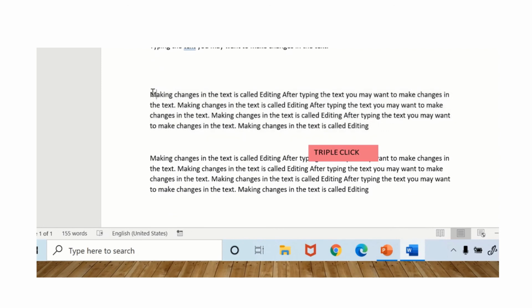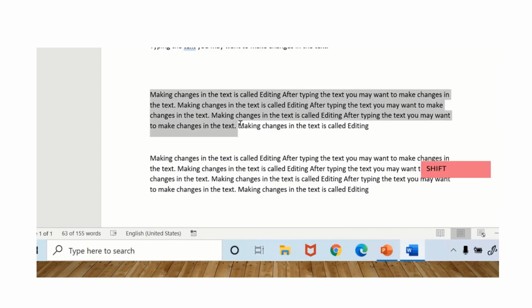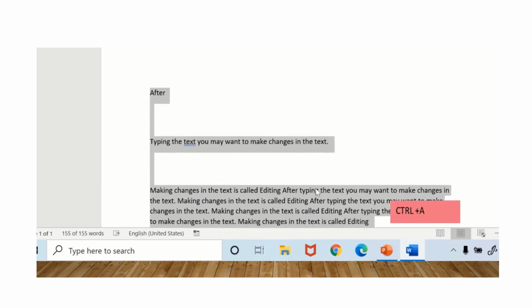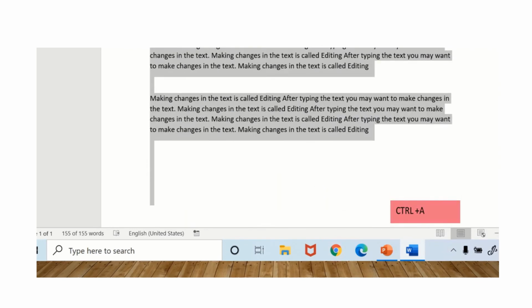To select a large block of text, click at the beginning, hold the shift key and without releasing it, click at the end. To select the whole document, press Ctrl plus A.